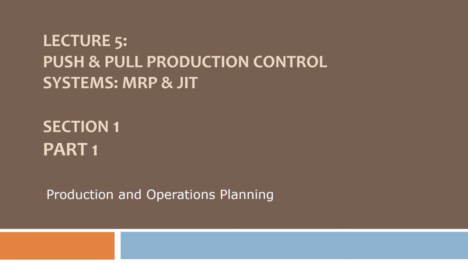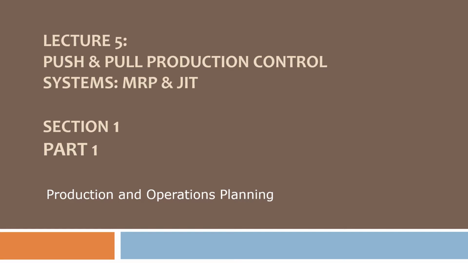Hi everyone, let's start lecture 5 or chapter 8 of our textbook, and it's about push and pull production control systems, or it's also called MRP, Material Requirement Planning, and JIT, or Just in Time. This chapter will be covered in two sections in 2 weeks. So section 1 is for this week, and this section will be covered in two pre-recorded videos, and this is